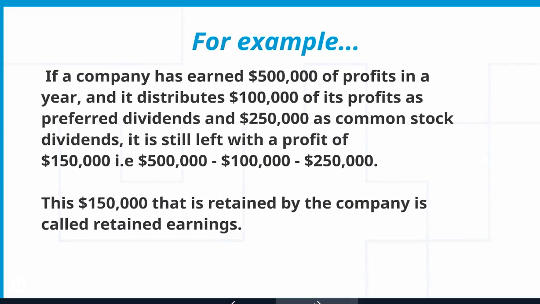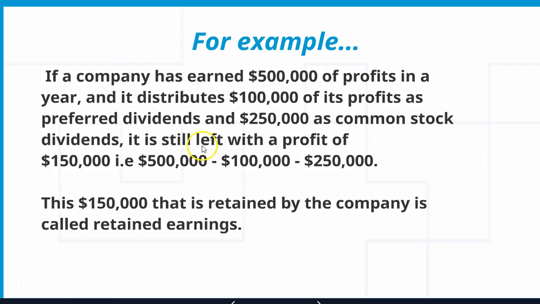For example, if a company has earned $500,000 of profits in a year and it distributes $100,000 of its profits as preferred dividends and $250,000 as common stock dividends, what is left? 500 minus 100 minus 250. Okay, so that money that is left after paying preferred stockholders and common stockholders is called